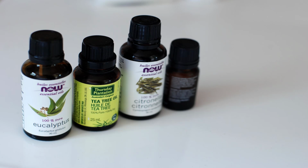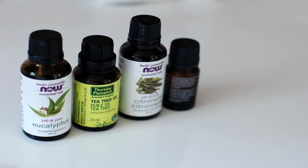10 Simple Ways to Use Tea Tree Oil for Acne Scars. Does tea tree oil help acne scars? Tea tree oil acne scars research indicates that it lightens acne scars and scars from injuries without causing unwanted side